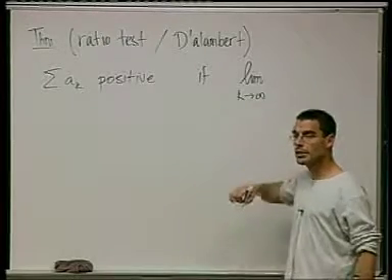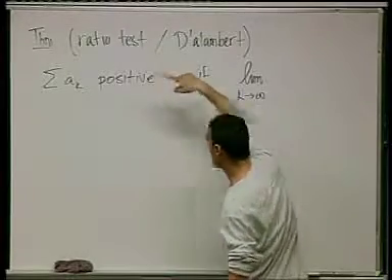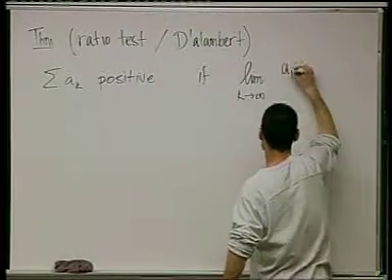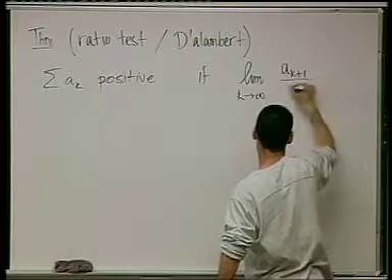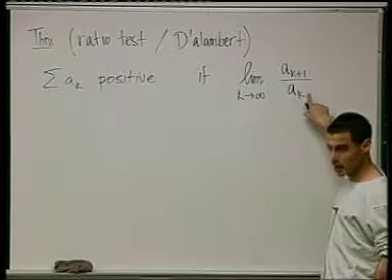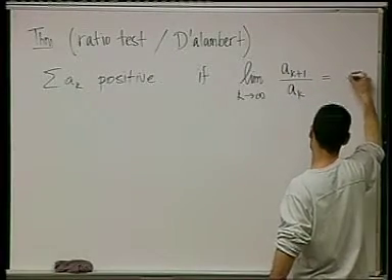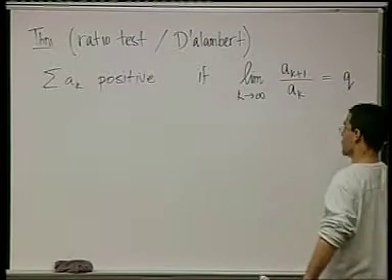It's not comparing to a different series. It's taking a limit of ratios of elements of the sequence itself, ak plus 1 divided by ak. If this limit equals some, let's call it q for quotient,